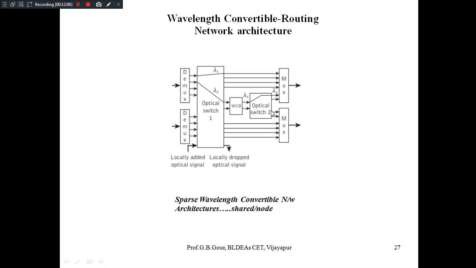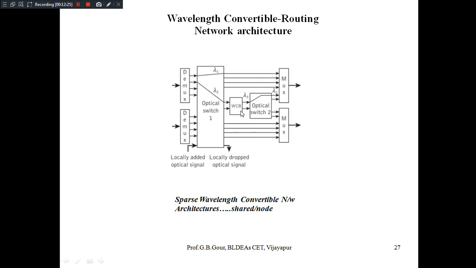Optical switch 2 is there, this block, all of you are observing here. So it is acting like a switch to provide a dedicated routing path for this compliant wavelength, meaning the converted wavelength from the WCB.